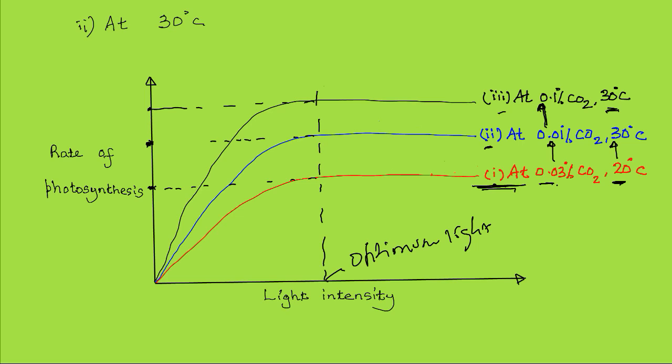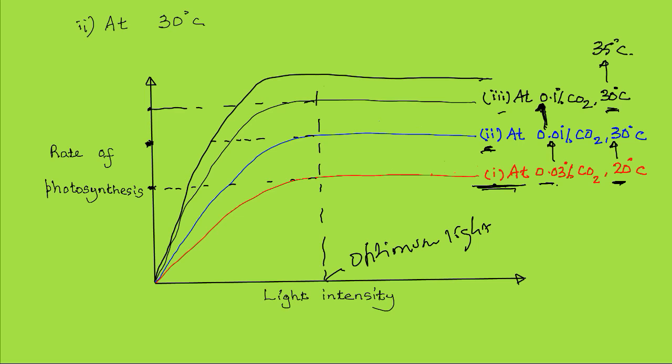By increasing the temperature and also increasing the CO2, the rate increases substantially in curve 2. In curve 3, by increasing the CO2 level, the rate will also increase substantially. Now from this we can project and conclude that if you were to increase the temperature slightly higher to say 35 degrees C, then we would expect the graph to increase and reach the optimum level at a higher point,